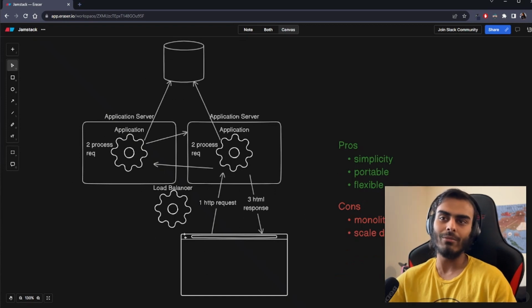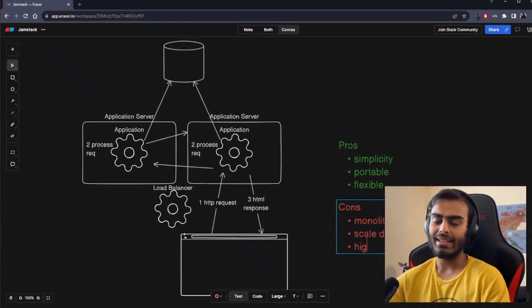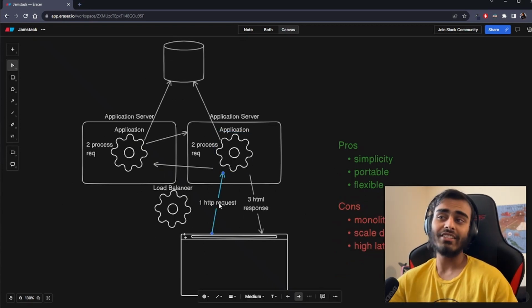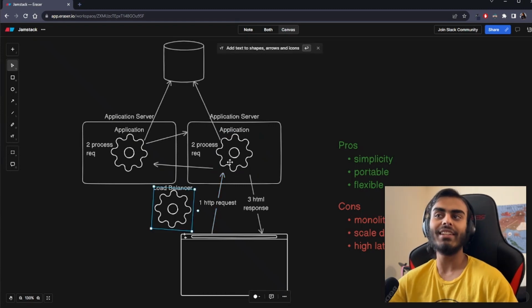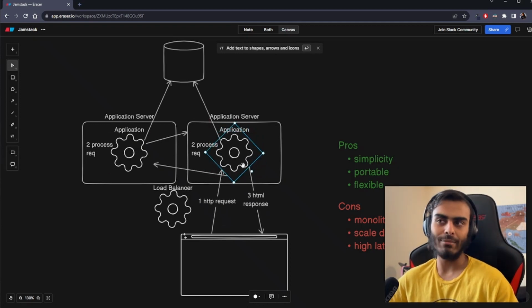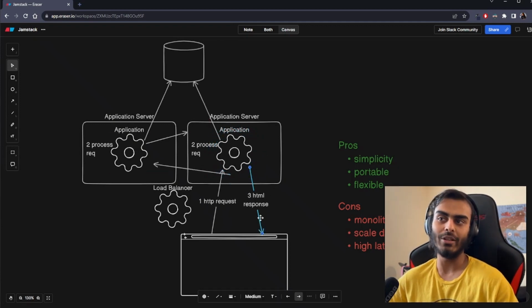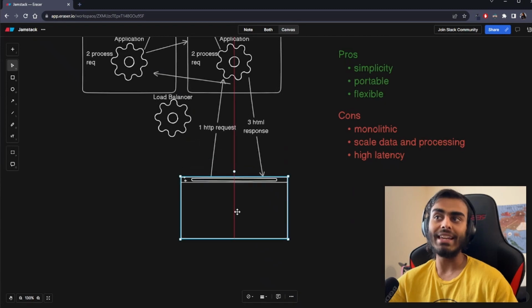Finally, the biggest problem with this kind of a system is that it's very high latency. Every HTTP request will have to go through a load balancer to figure out which application instance it's going to be processed by. Then it will get processed by that application, and then you will receive an HTML response back. So not only is there the latency of processing the request, there's also the latency of making the network request